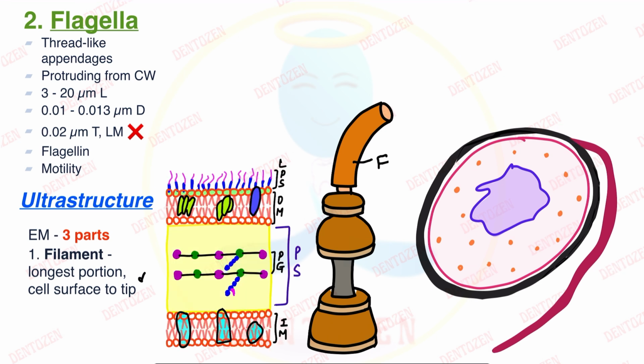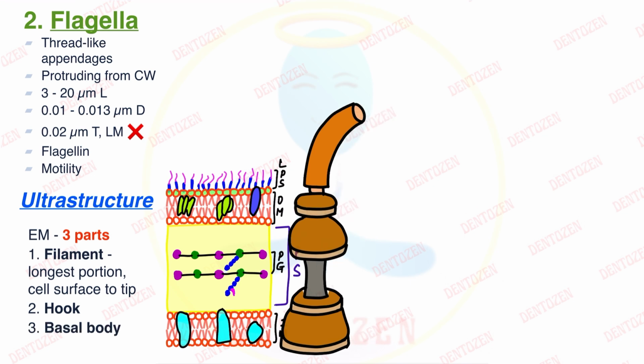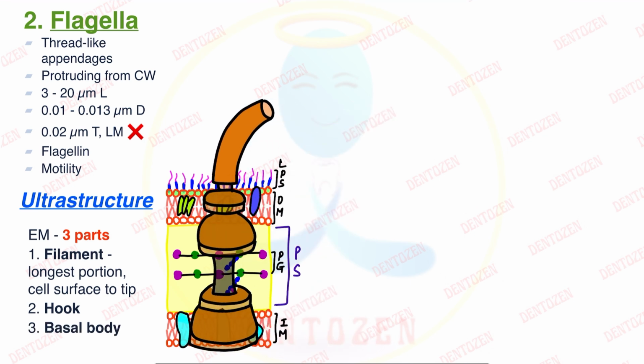And when we try to put it against the bacterial cell wall in the ultrastructure, as we discussed in the gram-negative bacterial cell wall, this is the outer membrane, this is the peptidoglycan layer in the periplasmic space, and this is the plasma membrane. So where is this filament? This filament is above the cell surface here. So it extends from the cell surface to the tip. If we try to put it over the cell, we can see that it is like this. So the filament is extending from the cell surface to the tip.